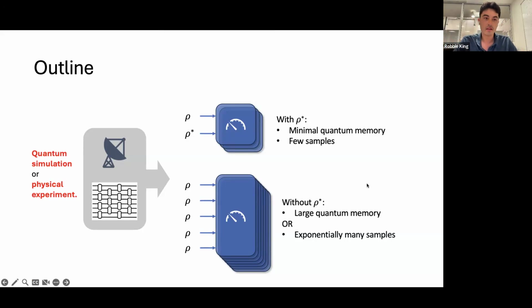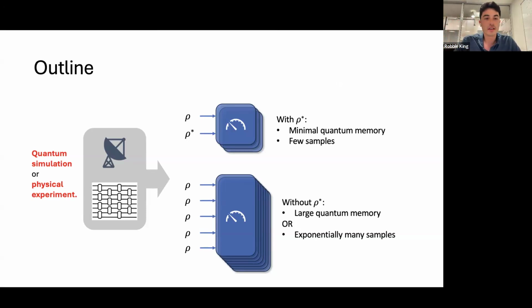So this is the new resource which I was referring to, which is the ability to entangle ρ and ρ* and perform a measurement. Now, ρ*, I should say, is the complex conjugate state. So what does that mean? It's a basis dependent notion. So I take the density matrix and I just complex conjugate every element and I get another density matrix. So it's a different quantum state. And in particular, this complex conjugation is basis dependent. So we'll see in which basis we're talking about ρ*.